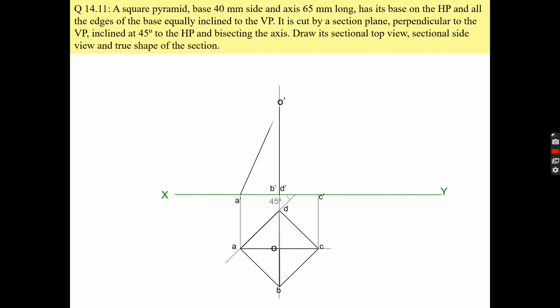So this is your front view, and now I am bisecting the axis O'B'D'. After bisecting the axis, this section plane is cutting O'A' at this point, O'B' and O'D' at this point, and O'C' at this point.